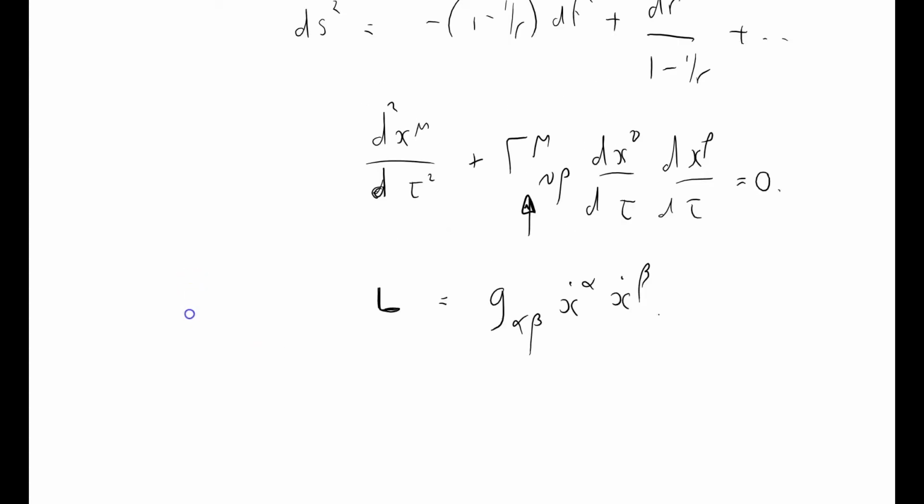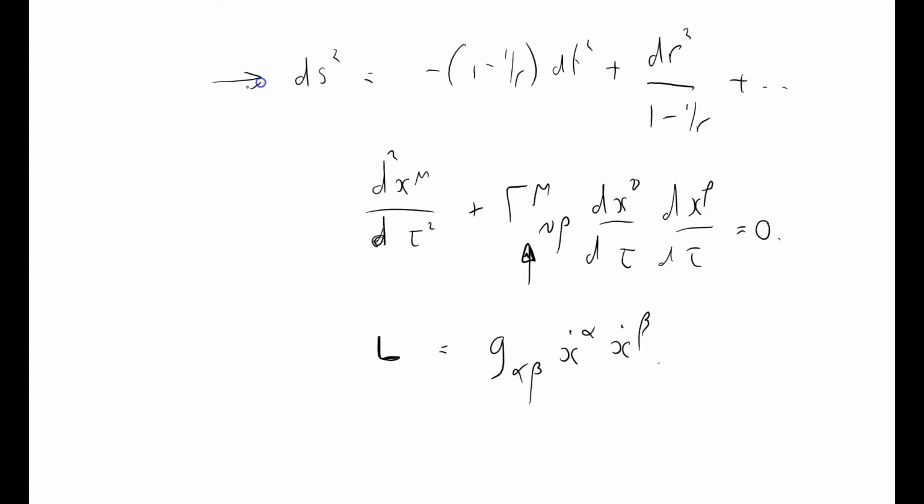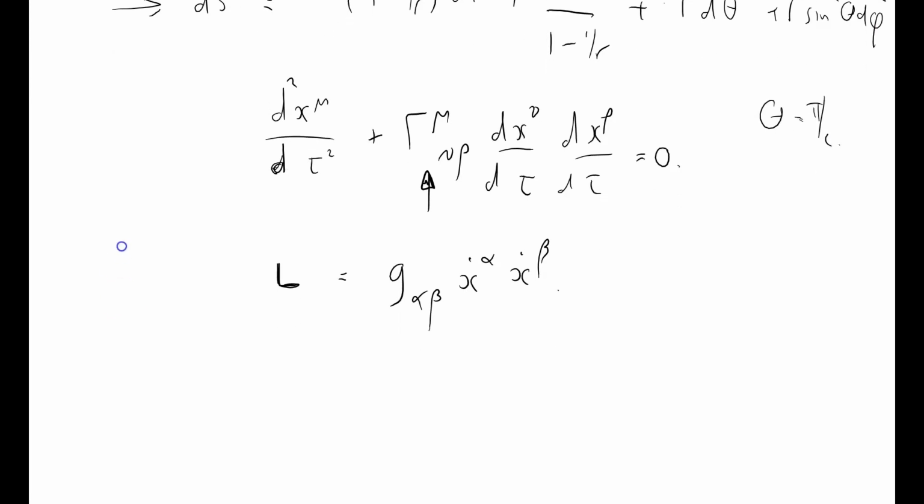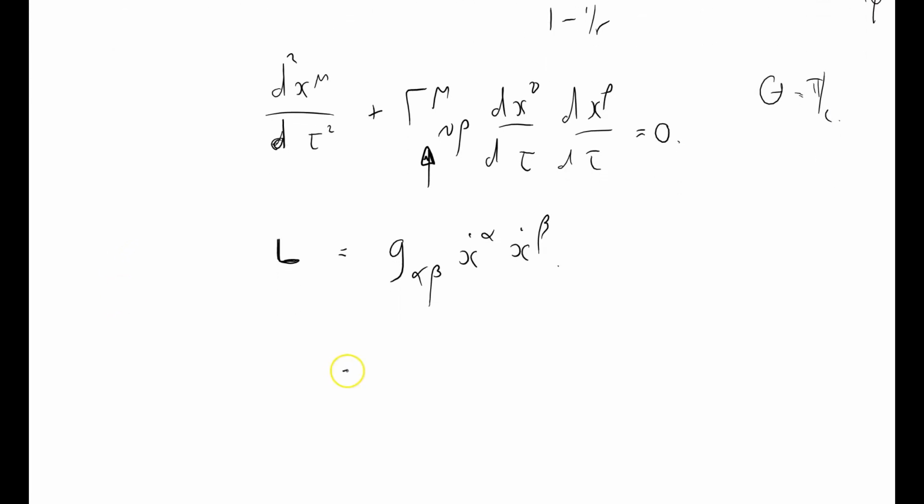So there's my metric tensor here. May as well write out all the terms. What have we got? We've got r squared d theta squared plus r squared sine squared theta d phi squared. And of course what I'm going to do is set theta equal pi by 2, so I'll just consider equatorial motion. So what happens to my Lagrangian? Well, that equals